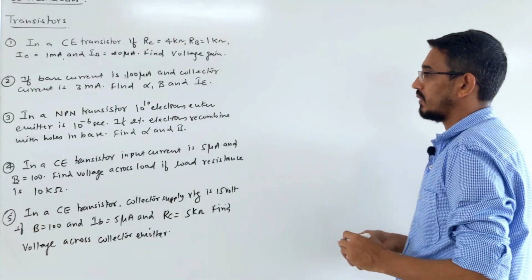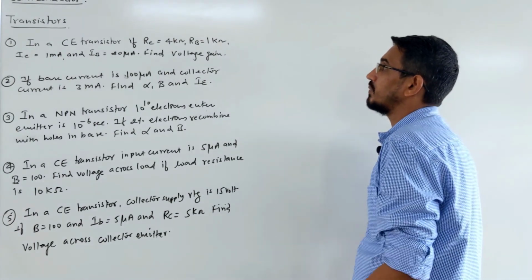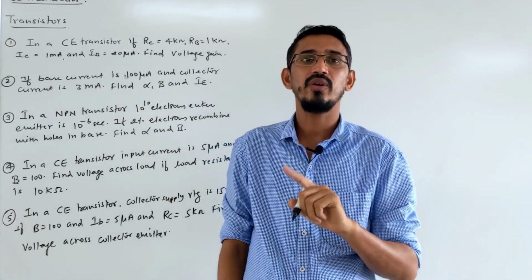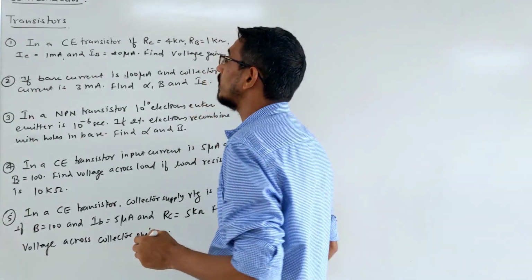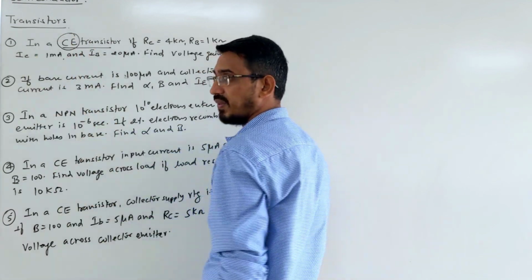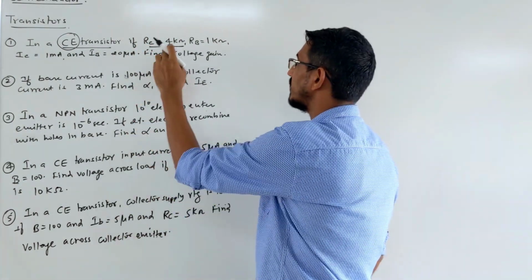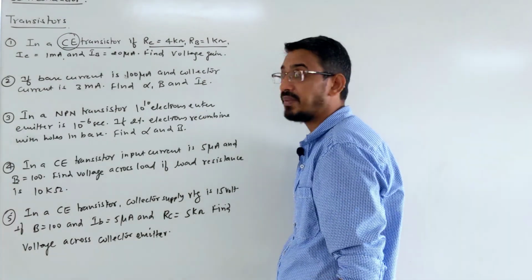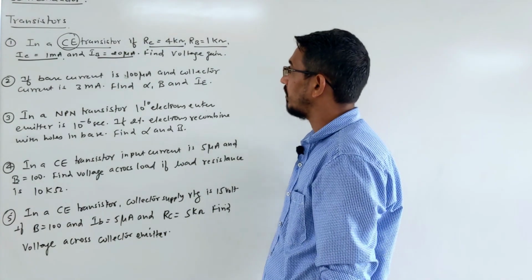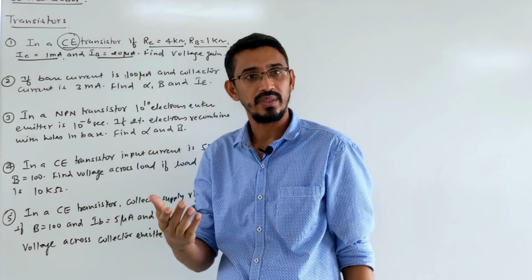We are doing a few problems on this, mainly current gain. When solving these problems, always see what type of configuration is given: common emitter or common base. Look at the first problem. In a common emitter transistor, CE mode is given. Output resistance RC, the load resistance, is given, and input resistance RB is given. Output current IC is also given, and input current is given as 20 microampere. Find the voltage gain. Both resistances and both currents are given.